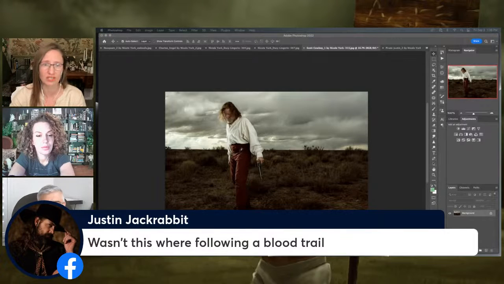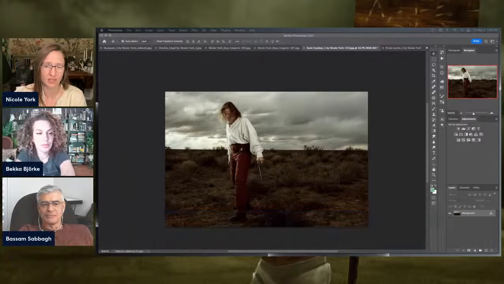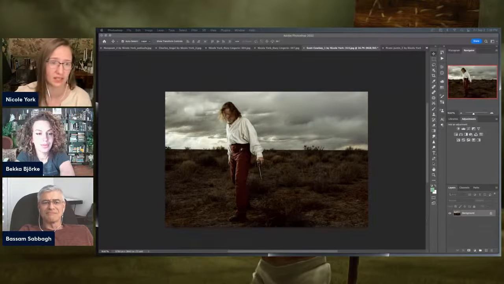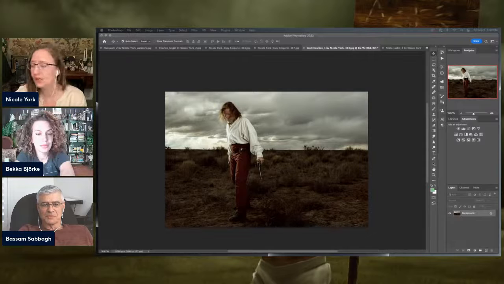So Justin asking, we photographed a whole separate set of images out on White Mesa, where we did a kind of outlaw themed story. And this actually wasn't part of that one. So this was photographed later in my garage. He was not on location for this. This is a composite. He was in my garage, and I shot this particular shot on the mesa behind my house the day before, and then stuck him in.